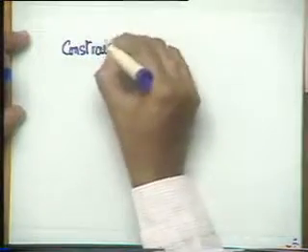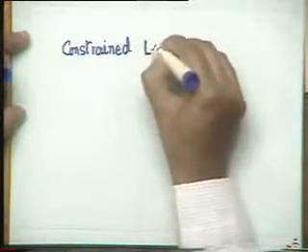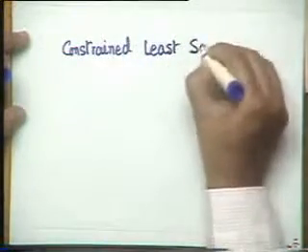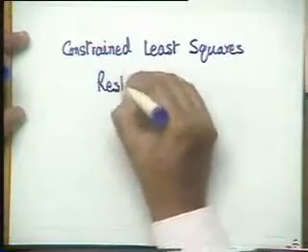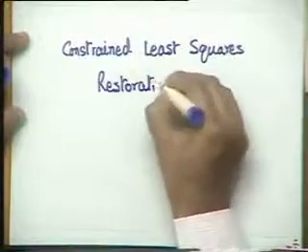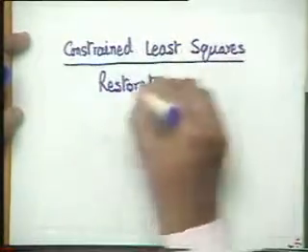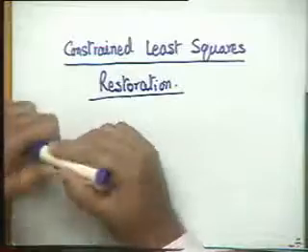Our today's lecture is on the constrained least square restoration. Now, so far we have seen two image restoration approaches. The first was the classical inverse filtering approach, and then in the last class we also saw the Wiener filtering